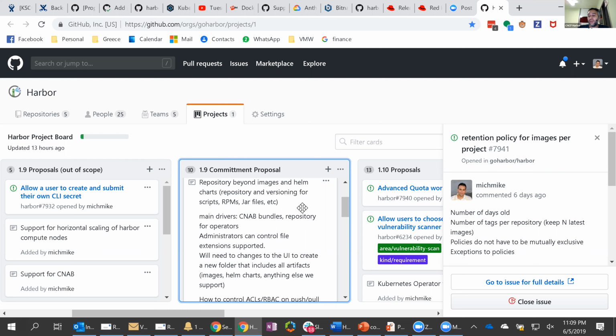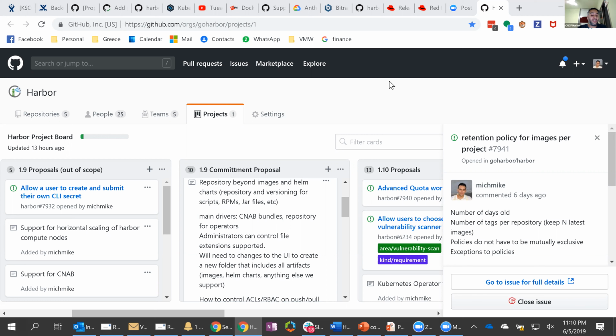Now, in order to be able to do all that work, it's going to require us to make some changes. Today we support the Docker client, we support the Helm client, but now we're going to need to support a different type of client to be able to support these additional artifacts. So think along the lines of, can we go down the path of the OCI registry, and would that allow us to support these images? What if we supported a Git server? So you can use any Git client available to pull any images down, and then you just basically became an FTP server for those images.